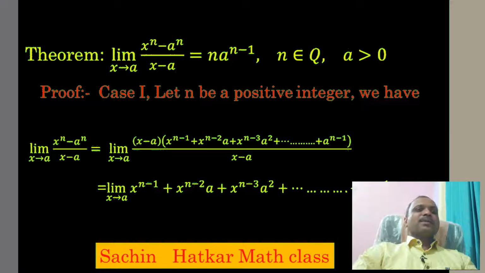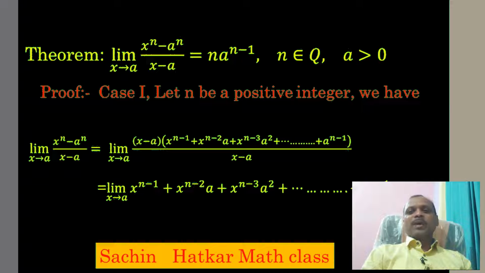Now friends, you can see that when we put x equal to a directly in the limit, we get 0 divided by 0, and that is an indeterminate form. We have to remove this. This is our main task while finding the limit of a function. Why are we introducing limits? Because of these indeterminate forms. When we put the values of the variable directly, we get indeterminate forms, and that is why the concept of